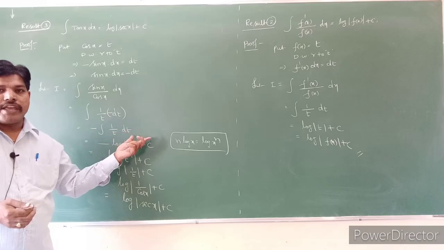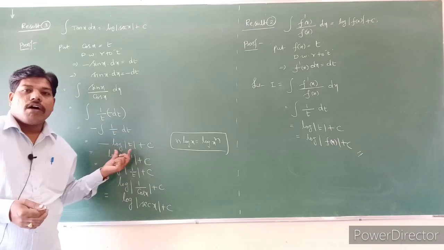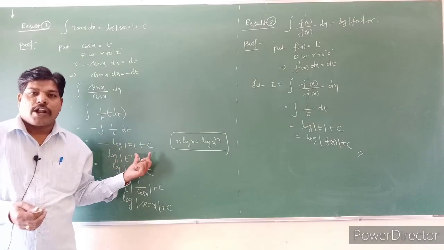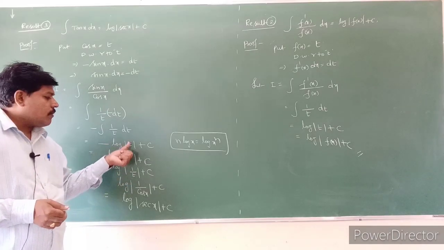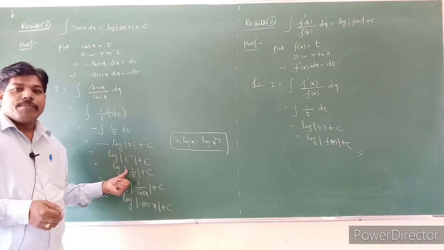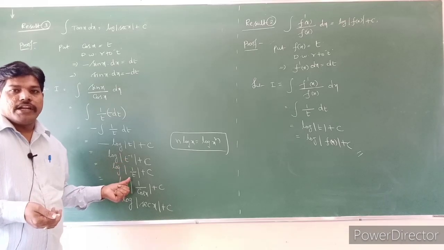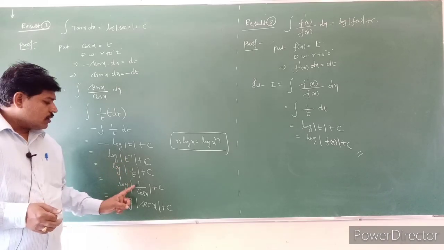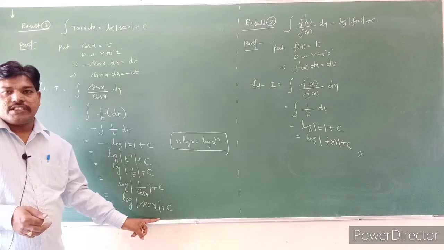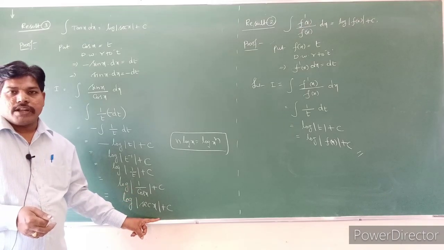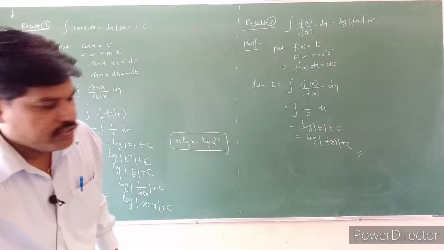Integral of 1 by x into dx formula is log of mod x plus c. So for the t value, if you take this minus to the power of t, t power minus 1 becomes 1 by t. T value is cos x. So replace the value: 1 by cos is nothing but secant x plus c. All understood, students? Very important formula. Use that one and practice that question.